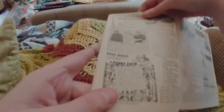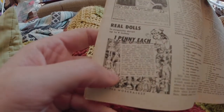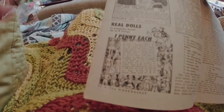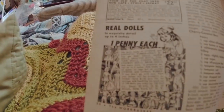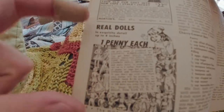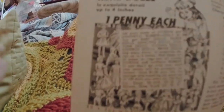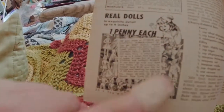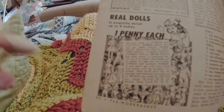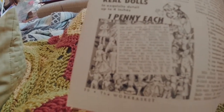Okay, so this is one, I've seen this ad many times. The Real Dolls, 1 penny each, and it's $100 for $1. I have always been so insanely curious what these were like. Up to 4 inches. If you've ever had these dolls, talk to me about it, because I am so curious about this ad. They're made of styrene and synthetic rubber, it says,